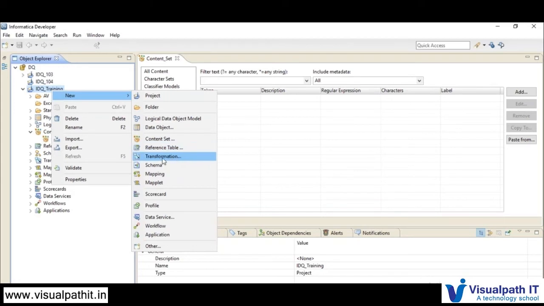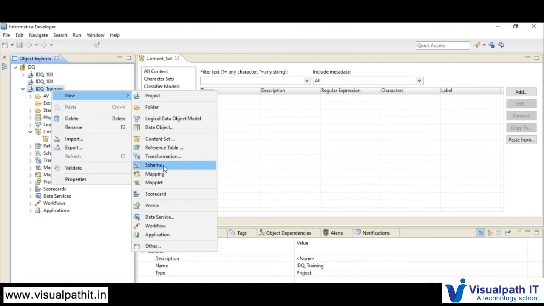And the next option we can create is transformation. This transformation is your reusable transformation. Whenever you have logic to implement in a transformation, and you want to use that particular transformation across mappings or mapplets, then you will go for this transformation. Like how you have it in PowerCenter, the same way we will have transformations here. It's a reusable transformation.